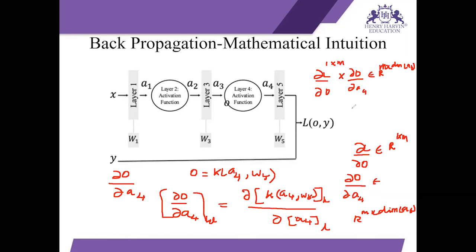So what will be the output in this case now? 1 cross dimension of A4. Why? Because M will get absorbed. I think we have studied it in school days itself, right? So this quantity, 1 into dimension of A4, is a gradient vector. This is also called the gradient input, and this is what is propagated to the previous layer. This is the quantity that we send from layer 5 to layer 4. It is what we use to calculate other quantities of interest, for example, dou L by dou W3 and dou L by dou W1.